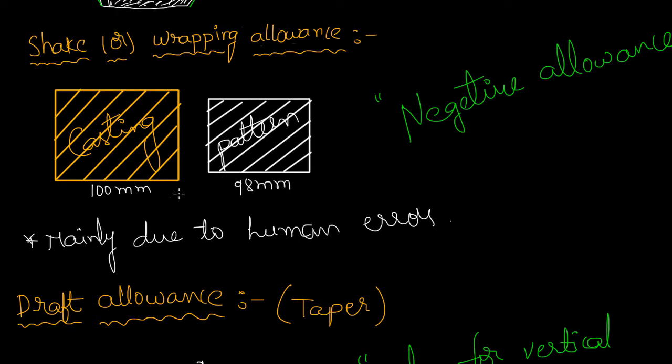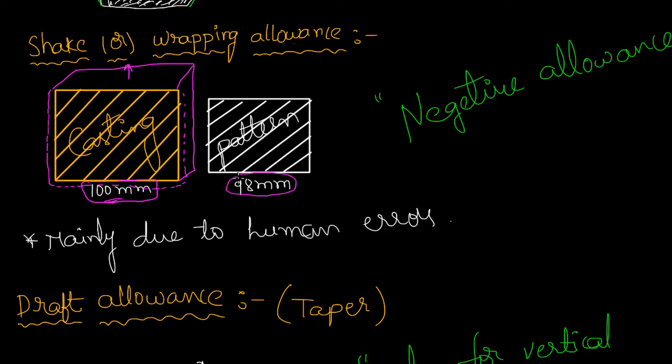So if we want a 100 mm casting, 100 mm length on one side, for example, take a cubical shape, right? Take a cubical shape, each side having 100 mm length. If we want 100 mm length, and we make the pattern as 100 mm, what will happen? By removing the pattern material, the sand is also somewhat disturbed, right? And the cavity size may increase. So to make sure that we are producing exactly 100 mm, we make the pattern as 98 mm only.